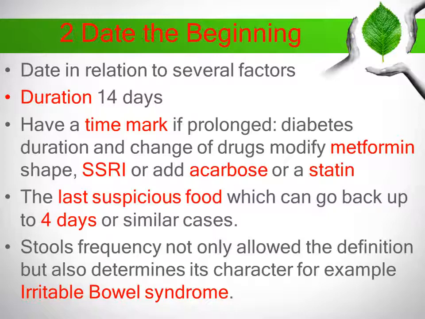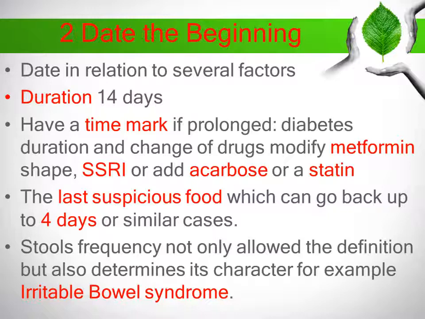Dating in relation to several factors. First one is duration of diarrhea, and 14 days is the clue. The second one is to have a time mark if the diarrhea is prolonged. For example, diabetes duration or changing any drug like metformin form or acarbose, or adding some serotonin reuptake inhibitors or statin, all can expose to diarrhea. The last, of course, is dating the last suspect food, which can go back up to 4 days,